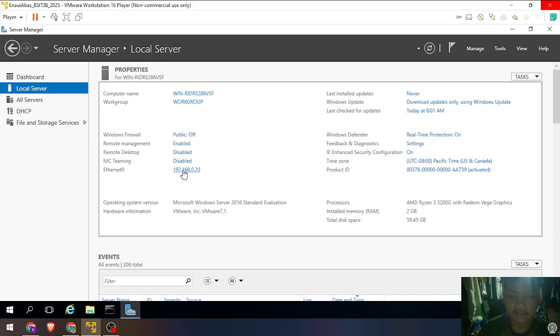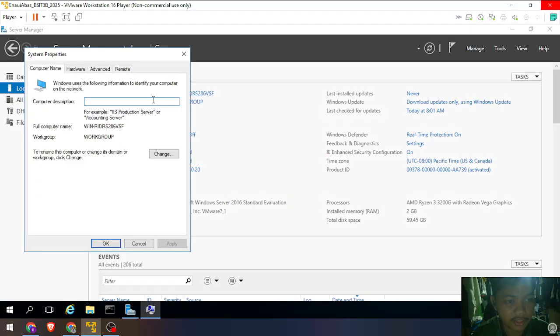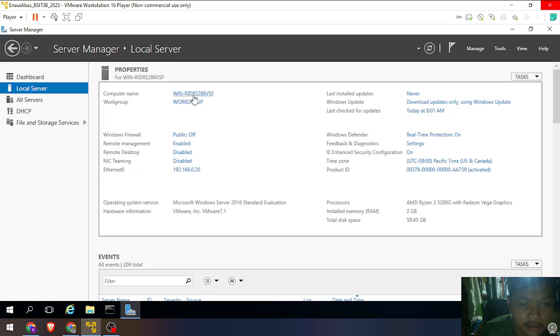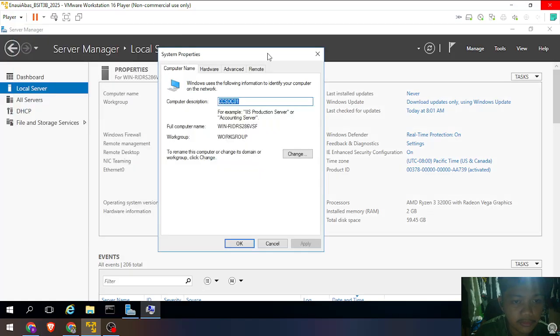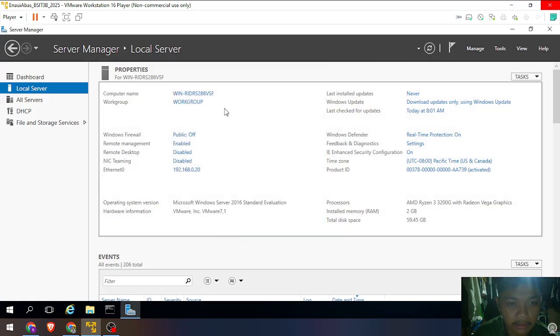IP address, let's try and change the name of our computer. Here, let's name this CCSDSDC01 and then click apply and then OK. And then after that, we're going to change our network work group to CCS. Apply and then